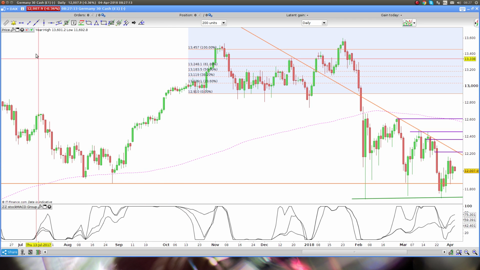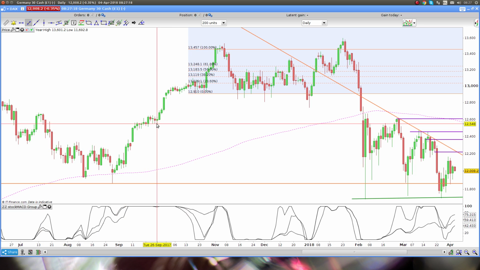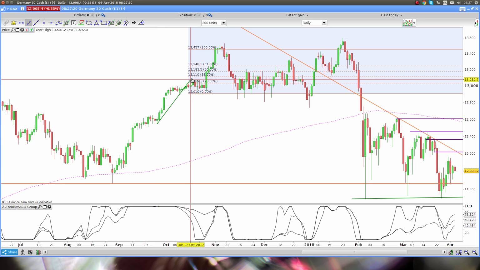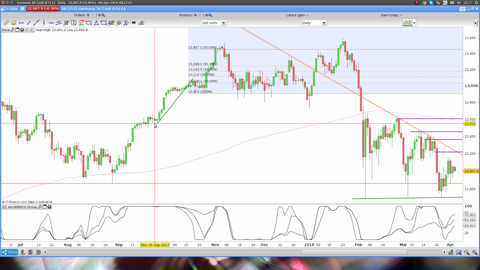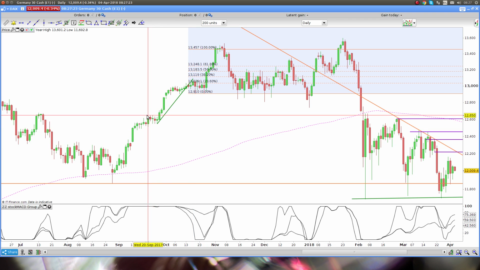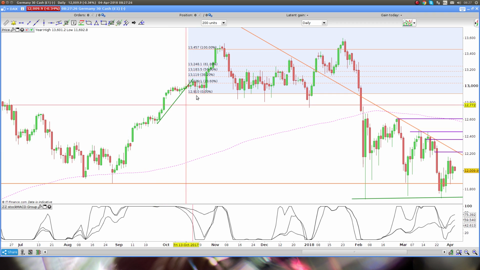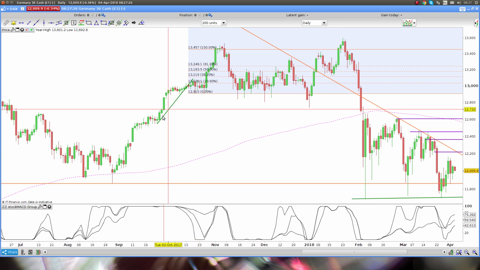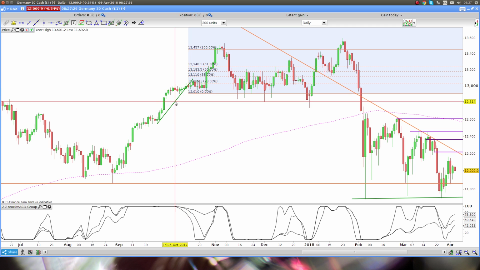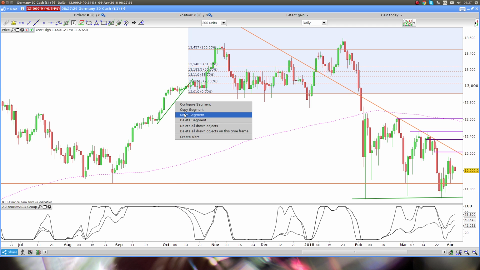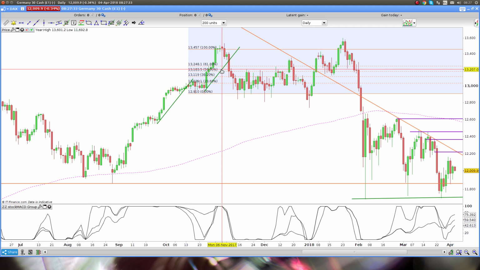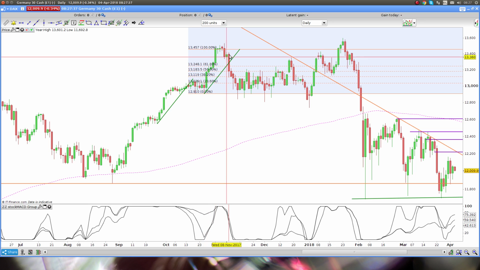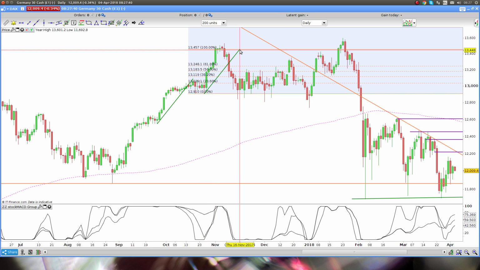Okay, so what I mean by measured move is the height of this here, so from the bottom here, because there was a breakout, and then we consolidated. So this height is always a second move. So I can copy that segment and I move it to there, from the very low there, and 9 times out of 10, that's the area where you'll take profit.